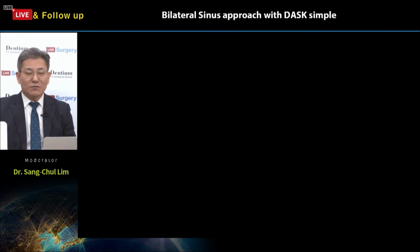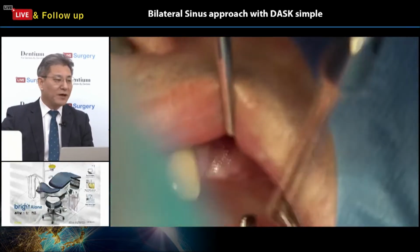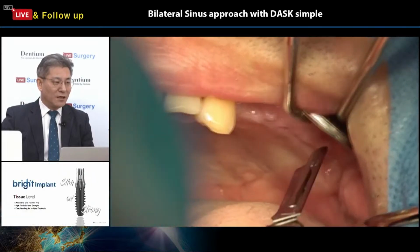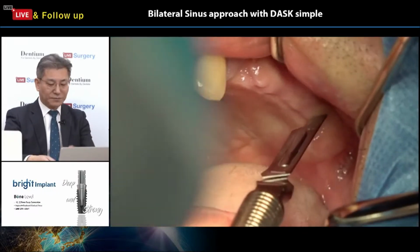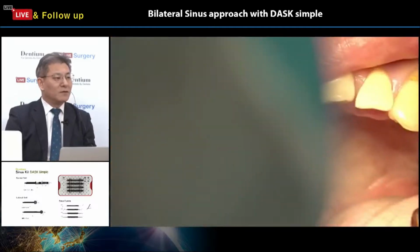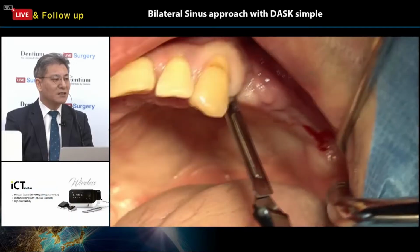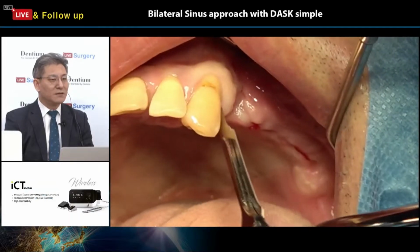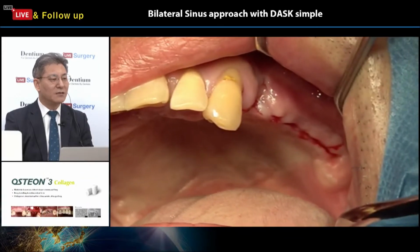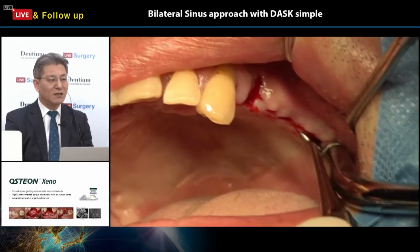Okay, let's move to the surgery room. Dr. Chung is preparing the upper left molar area first. Okay, he is going to make a crestal incision, and the vertical incision here. About the crestal incision,